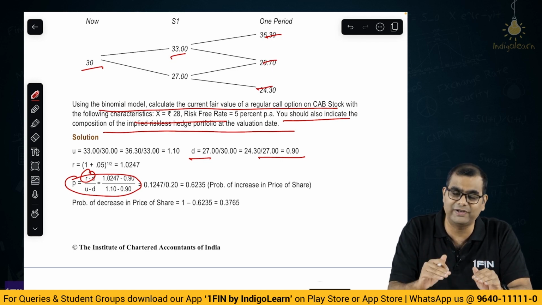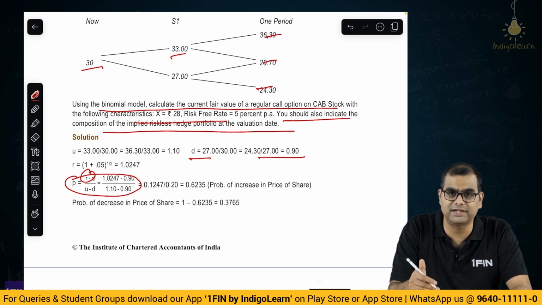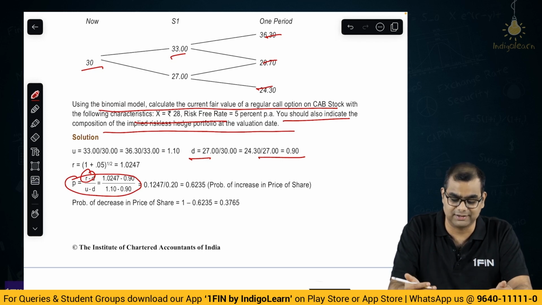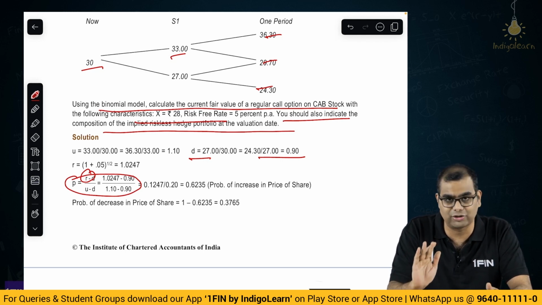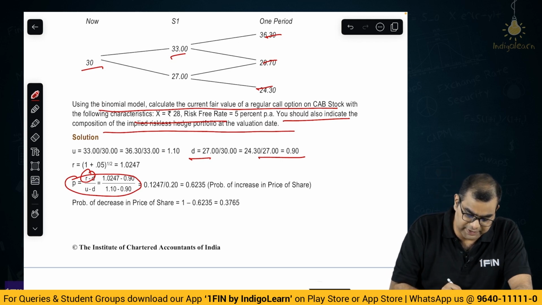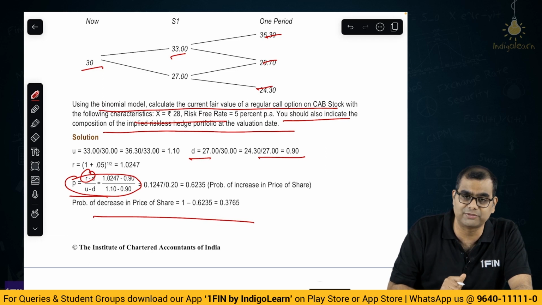That is not necessarily just binomial. I am clarifying this because there is some other faculty who has said that that is the only way. So please hear me out fully and then take your own informed decision. So, P is equal to U minus D by R minus D, they have done that and they have computed. So, how should our question be solved?